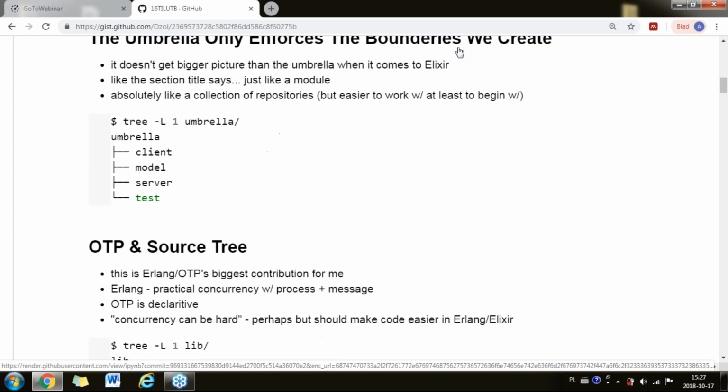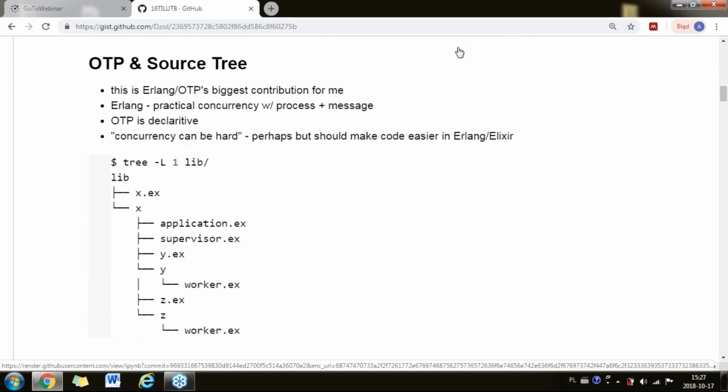So the next lesson learned is around OTP and the source tree. I think, taking a step back and looking at how Erlang and Elixir do concurrency, Erlang made it practical, perhaps the first language to do that, with processes and message passing. And it did this a long time ago, of course. It also had primitives for fault tolerance, the monitor and the link, and over time they built OTP. And so this is Erlang and OTP's biggest contribution for me